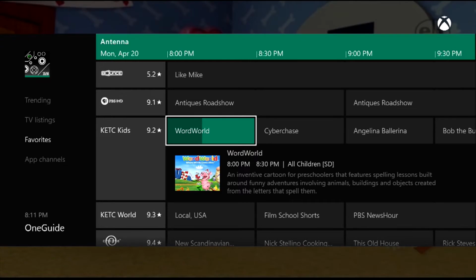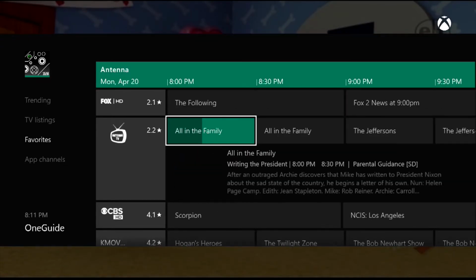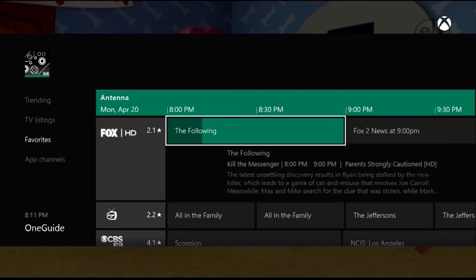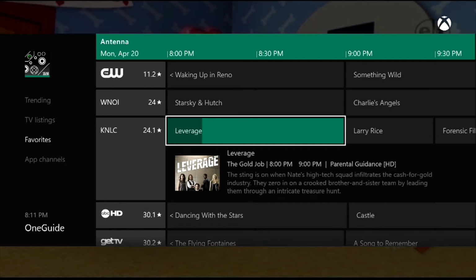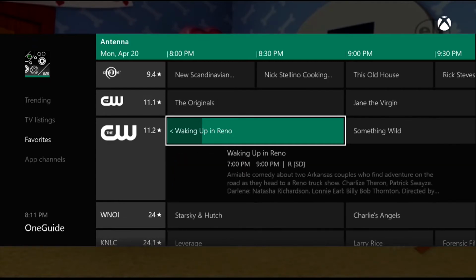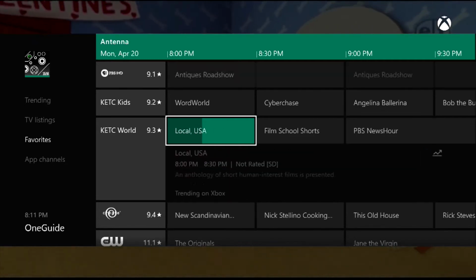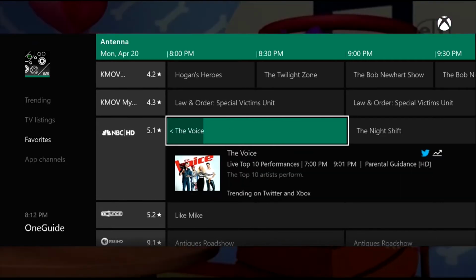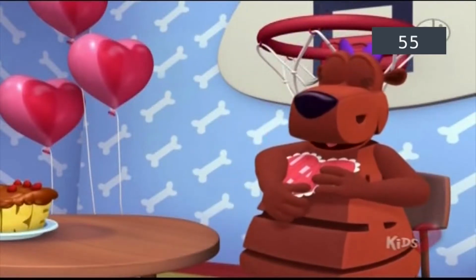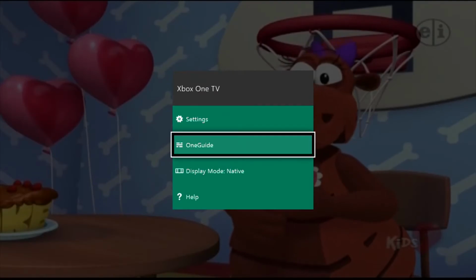And I flip through. The thumbnails load up pretty quick. There's just a small delay as you flip through, and it gives you the nice little status bar as to how far along into the show you're at. I tried to select a channel there and my infrared was being goofy, so I think I tried it again and it didn't do